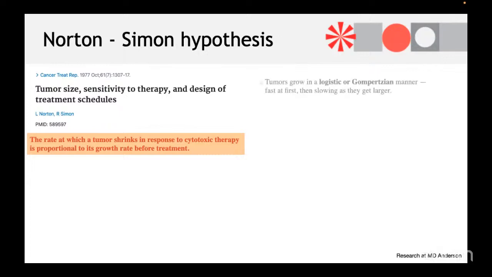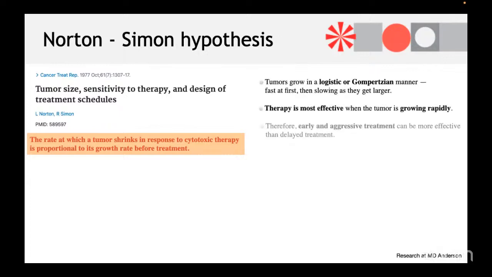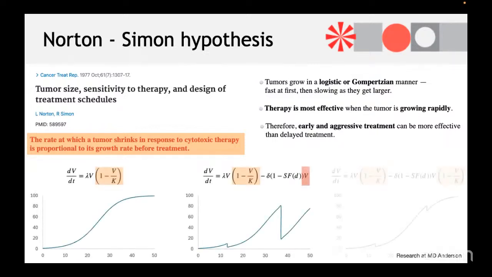What does this mean? When tumors grow in a logistic or Gompertzian manner, then they slow down. So they have exponential growth early on, and later on you get less and less growth as you approach a carrying capacity. Therapy is most effective whilst the tumor is growing rapidly. Again, you need proliferating cells for cytotoxic therapies to be successful. Therefore, early and aggressive treatment is more effective than later on. So what does it mean mathematically? If we have a logistic growth model and we simulate,